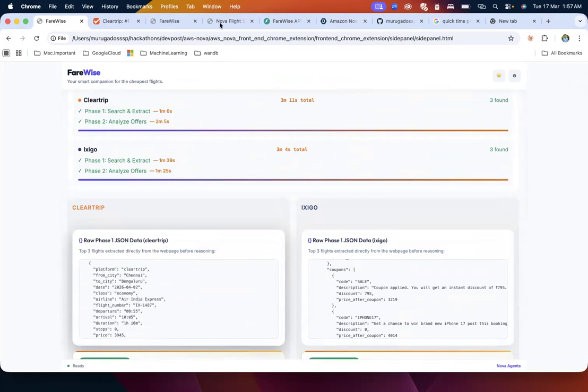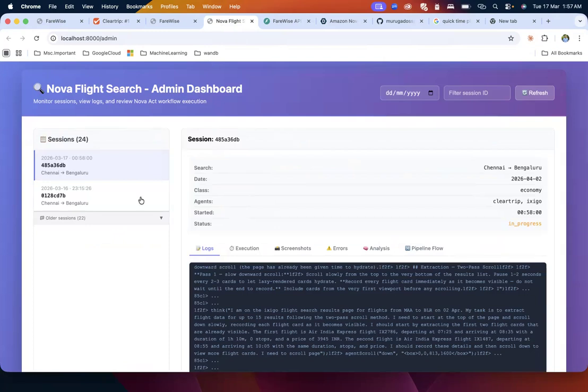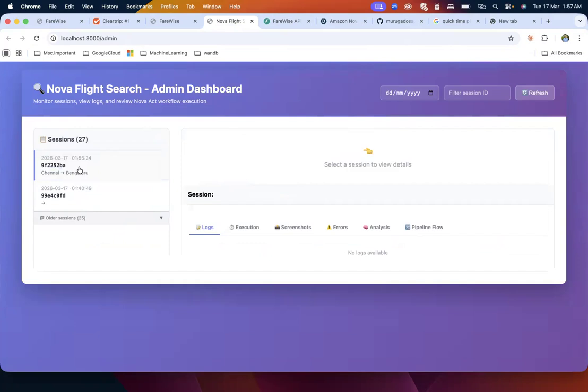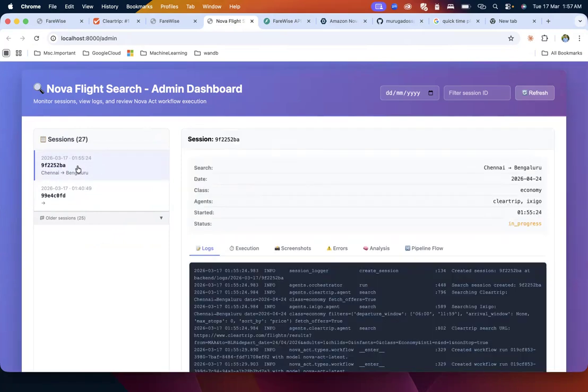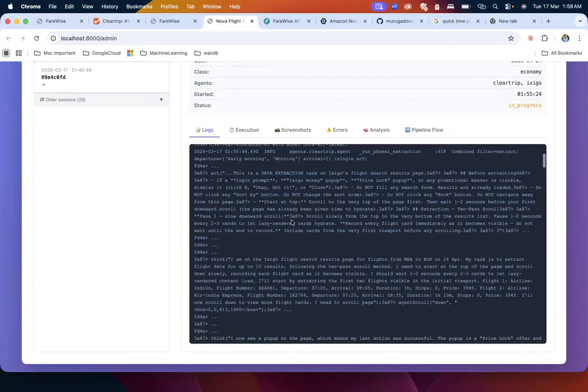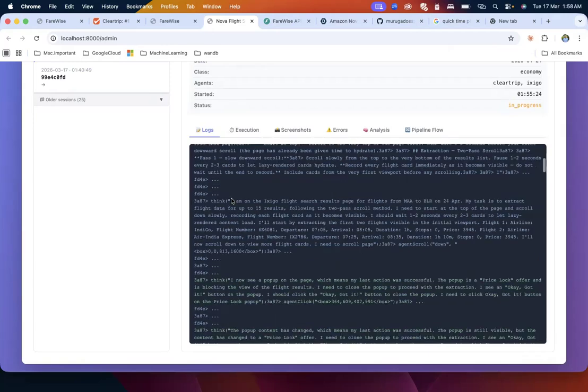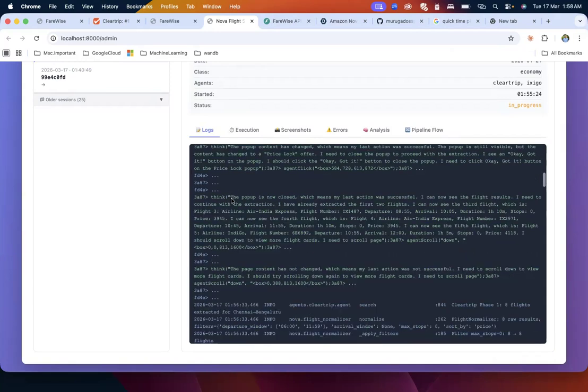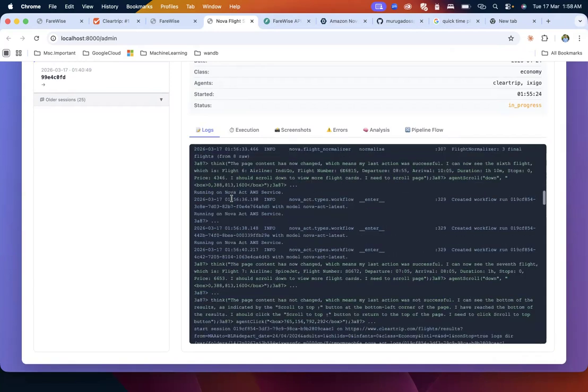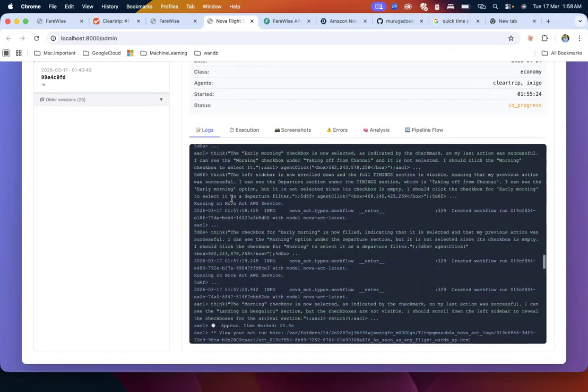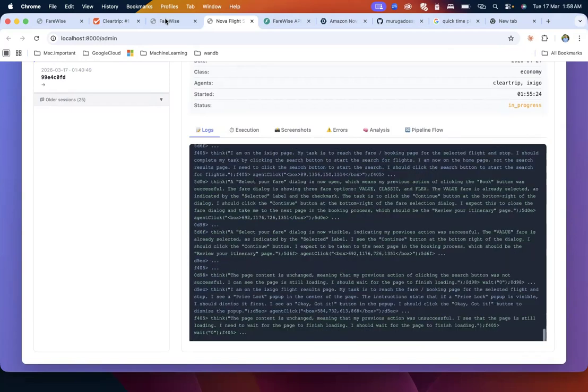Apart from that, we have developed an intuitive dashboard for the admin while the test is progressing. Let's say, for example, we start the last one, which comes here. This is what it started. It gives you live logs of what is happening with Nova Act. You see, this is a data extraction step. All of this is Nova Act stuff. So this gives in detail what is really happening there. So that's the steps being done. That's what we started here.